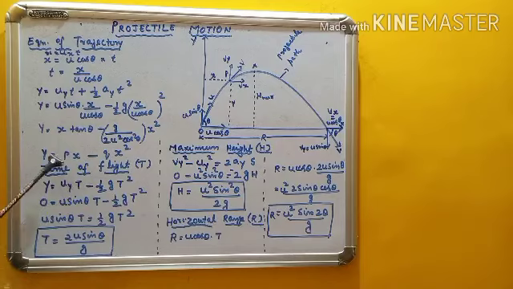So I have formed a general equation. I have generalized this equation. y is equal to px minus qx square, where p and q are constants. Tan theta I have written as p, and this constant I have written as q. So p and q are constants. So finally see what equation we got: y is equal to px minus qx square.